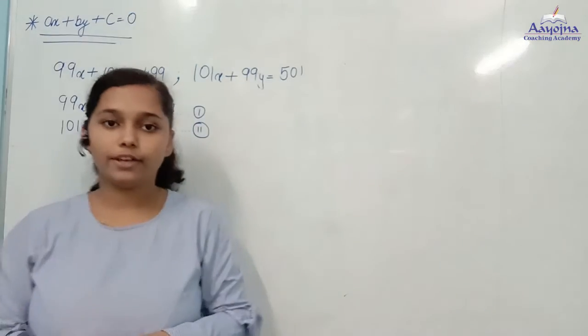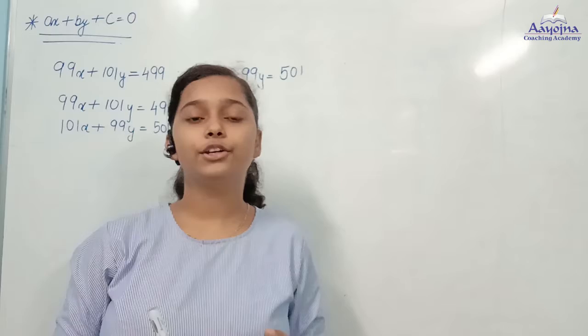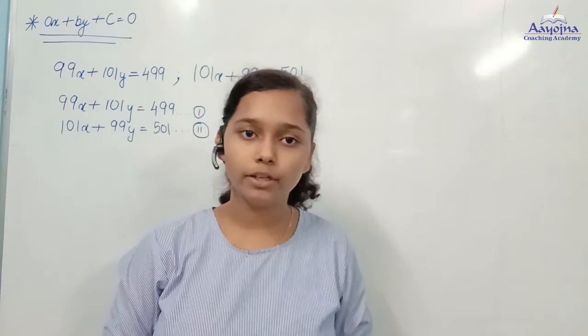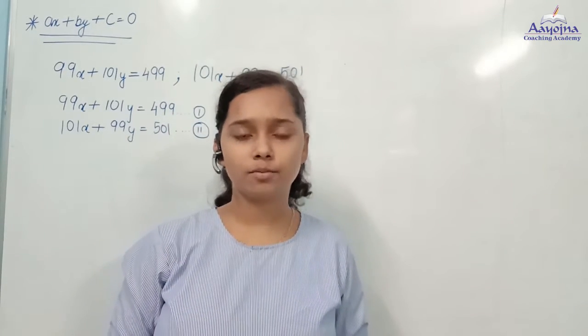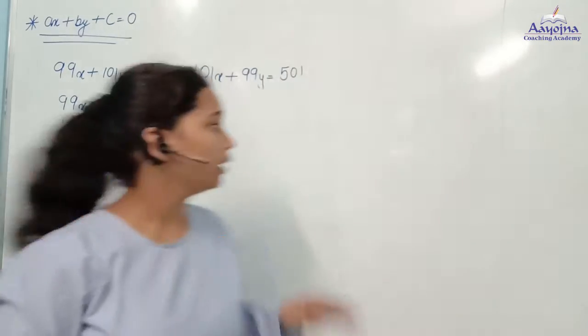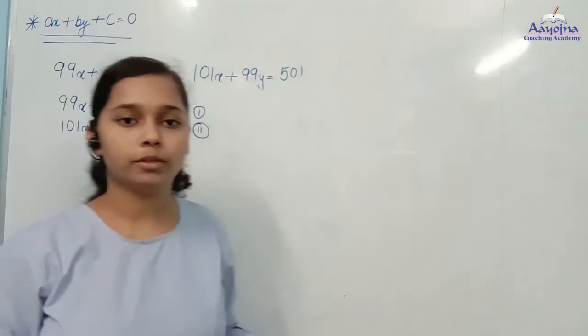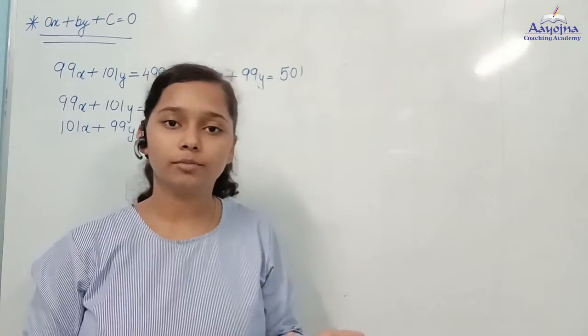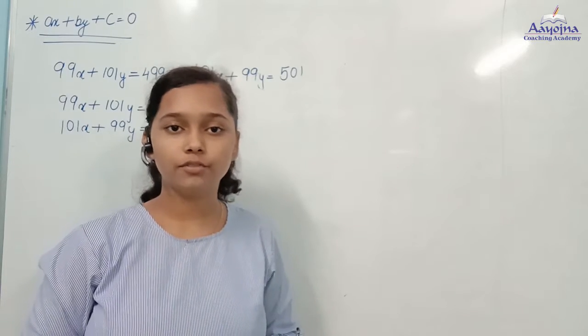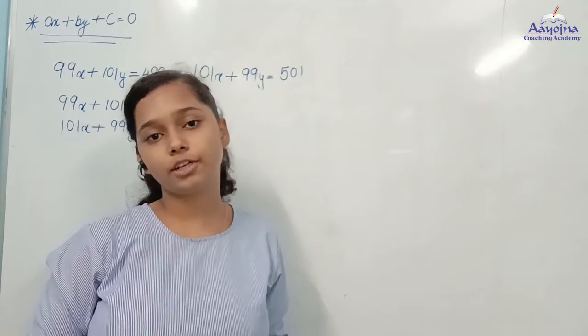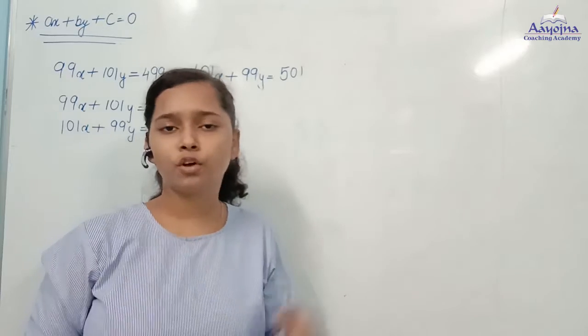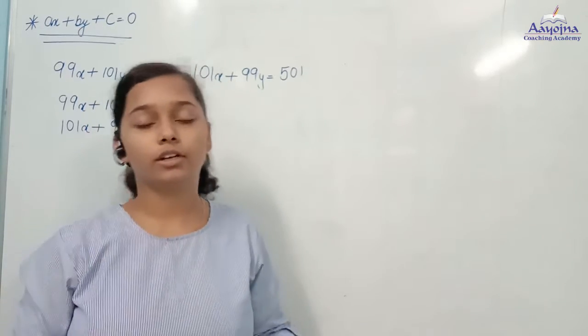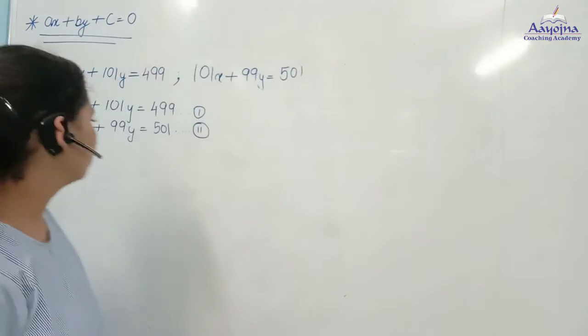Now usually when we solve two equations, we try to make something common either by multiplying, adding, subtracting or dividing. But here nothing can be made common. So we will try another method, that is the ASA method, where we first add, then subtract and then again add. You might have thought what to add, what to subtract and what to add again. So I will show you.